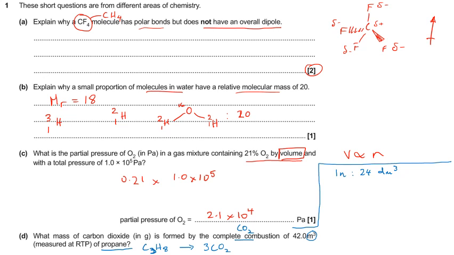So we've got volume first. So let's put our volume into dm cubed. Volume is 42. Right, so it's 1000 dm cubed in meters cubed, so it's 42 times 10 to the 3. Let's just leave it at that, dm cubed. Right, and then we want to work out our moles of propane. So that's moles of C3H8